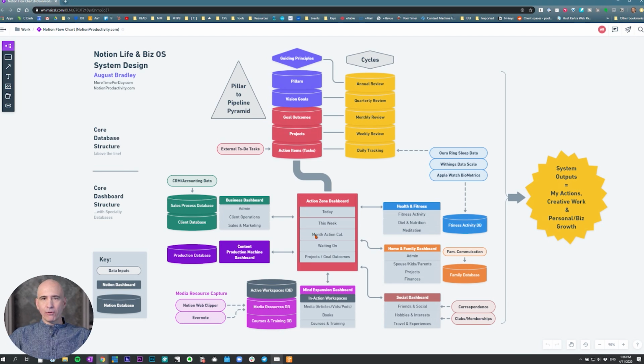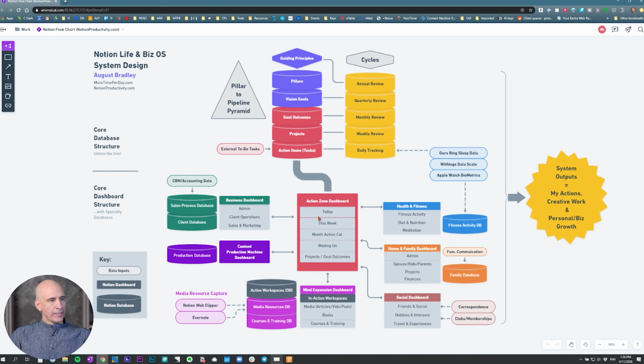It's the aggregate of all my tasks, of all my action items from all the other dashboard zones. Then you've got these flat cylinders. Those are Notion databases. Every cylinder in here, every cylinder you see around the sides, is a database inside of Notion. So this is really laying out where we need databases and what their function will be. So notice many of these dashboards around the side circling the Action Zone board have their own databases.